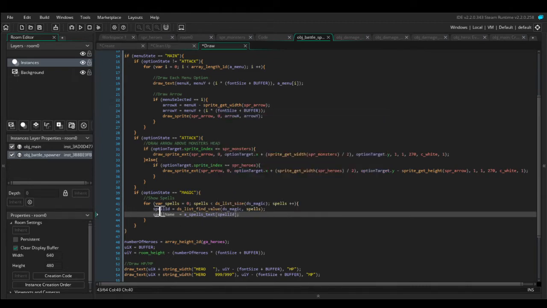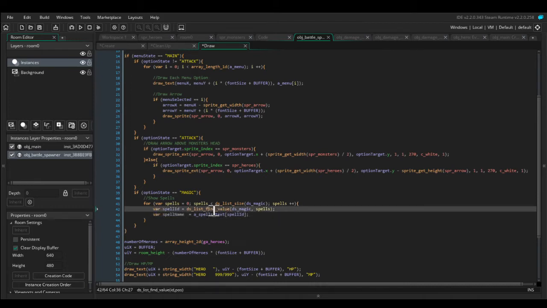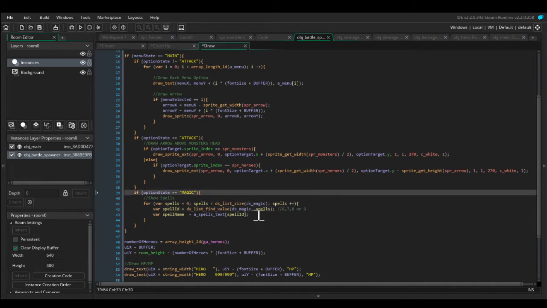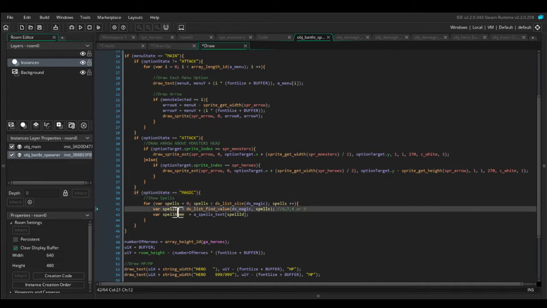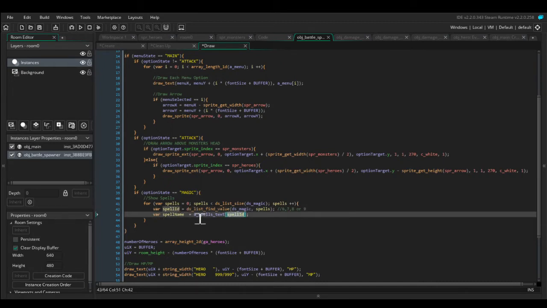What this is doing, let's make it variables actually. What this is doing is our magic list is either going to store the integer 6, 7, 8 or 9, so spell ID is going to become 6, 7, 8 or 9. Then we're using that integer to reference our array to get the name of the spell,